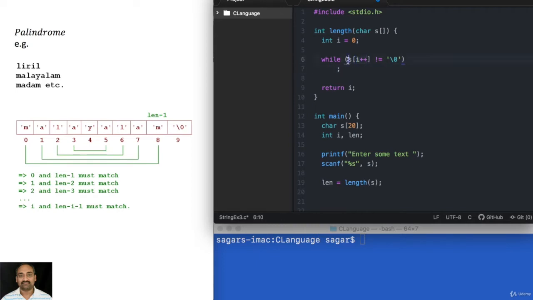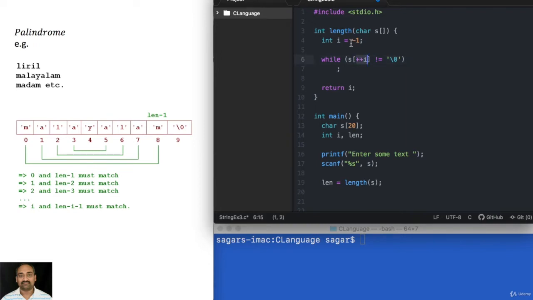So the current value of i is 0, so s of 0 is not equal to slash 0. Now what if s of 0 is slash 0? Then you will be returning the length as 1 because i will be incremented later on. Instead of this, I can start with minus 1 and increment i before.